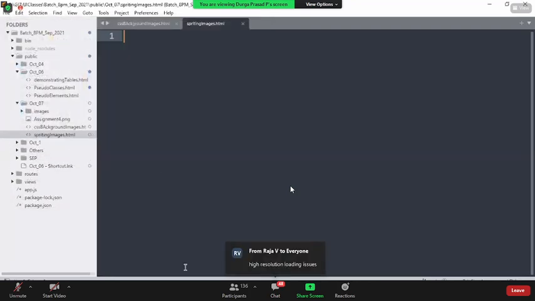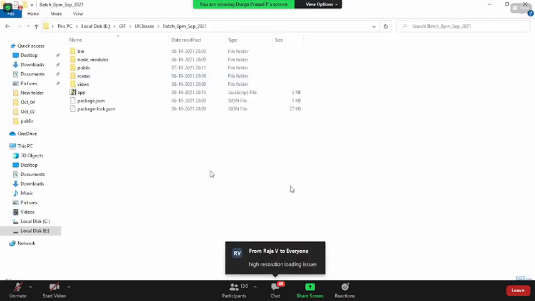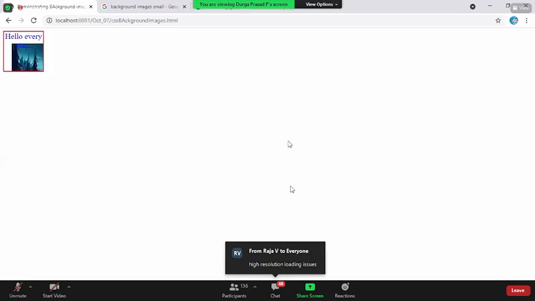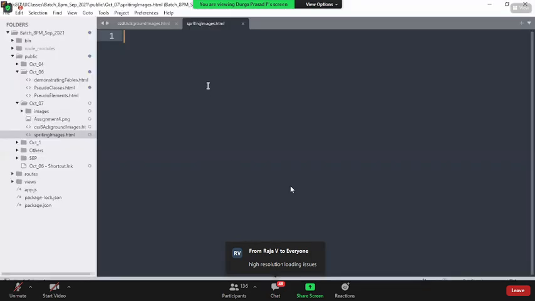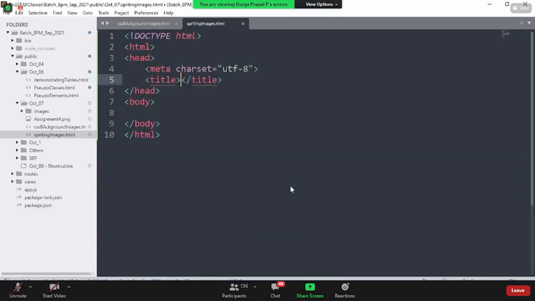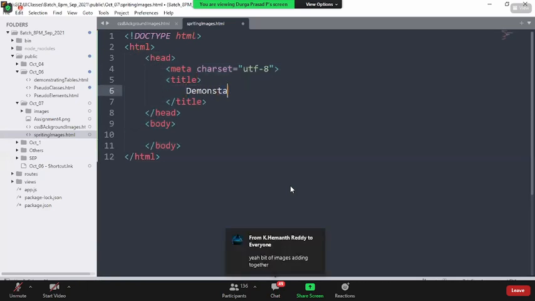So I will create a file called spriting images.html. Let me get some images here of some employee details, or rather, first let me create an employee details container. I write HTML demonstrating employee details.